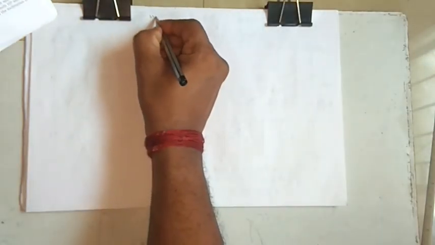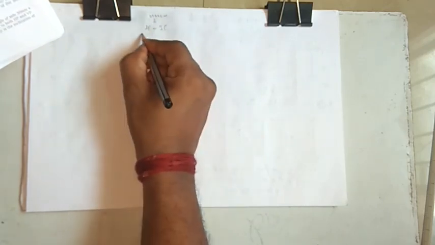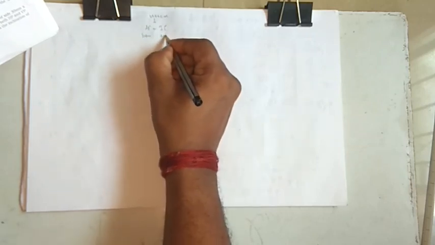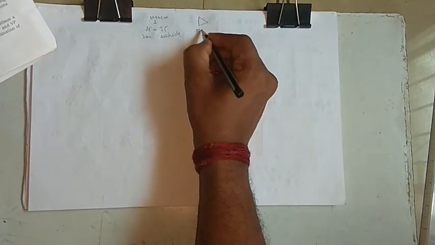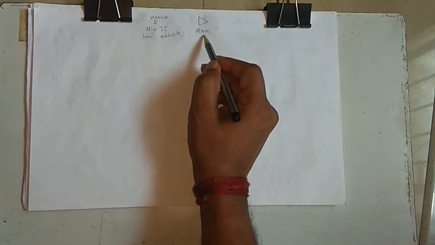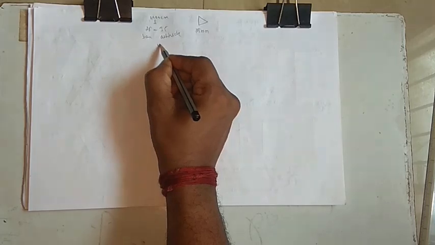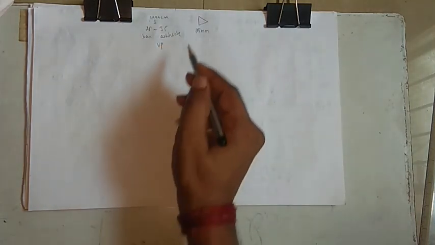So the important thing to be noted here: it's an isosceles triangle, so the base is 25 and the altitude is 35. Very important, the altitude. First we need to know how to construct that isosceles triangle. Next, in the front view it looks like an equilateral triangle of 25 mm. In the front view means it appears above the xy line, and above the xy line means it is resting on the VP. That's what you need to find out here.